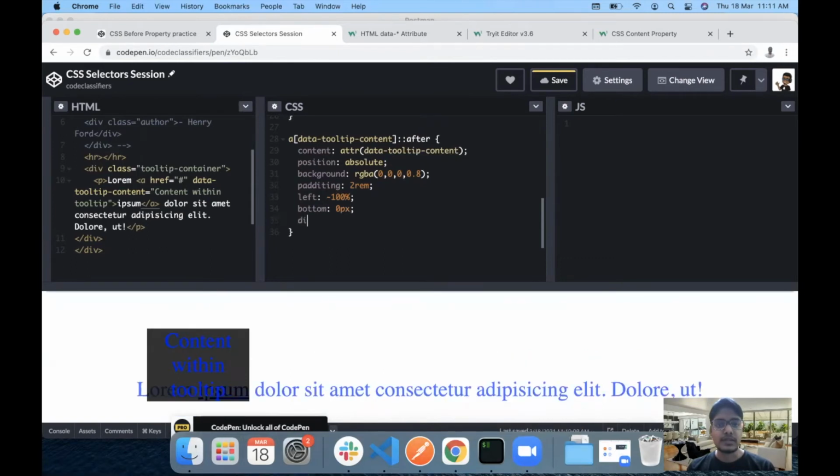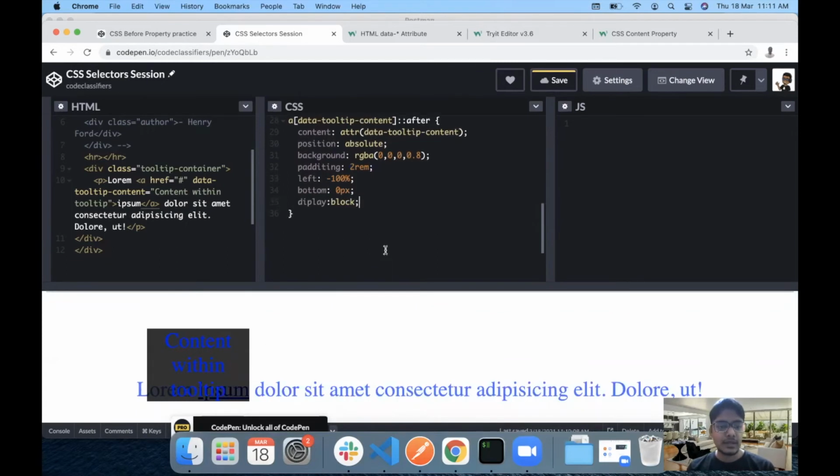Next, display should be set to block, I think. Okay. Now once I have this text somewhere around here, we can fix this text with a property which was white-space nowrap. Yes, now I remember. So we can use white-space nowrap to keep this in a single line basically.